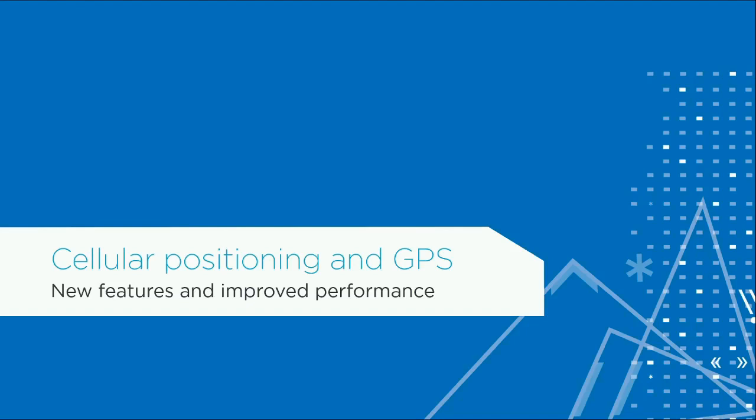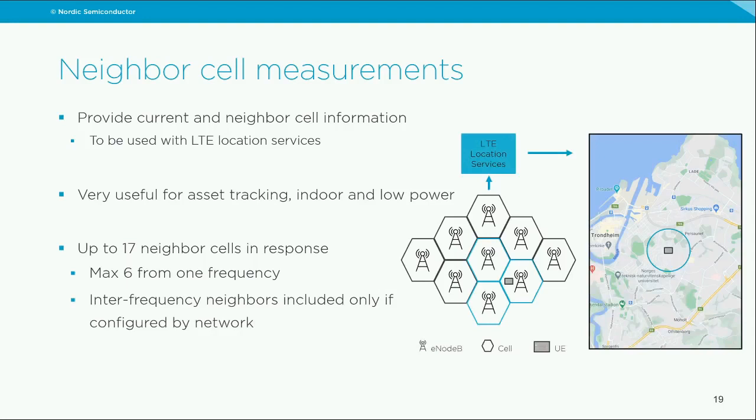And now over to the new cellular positioning and GPS features and improved performance. So this first feature is called neighbor cell measurements. This is supported by a new AT command, and this AT command provides the current and the neighbor cell information. This information can be used with LTE location services, and these location services will give back the location of the